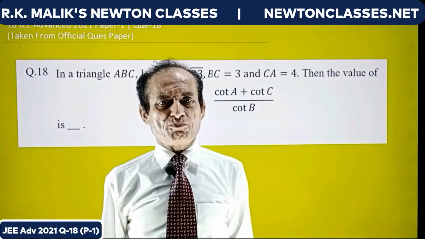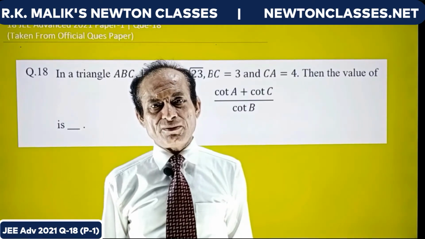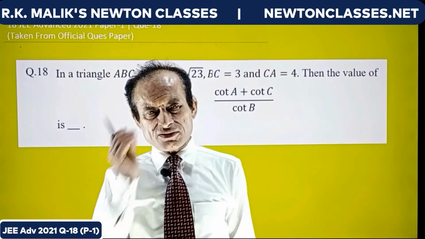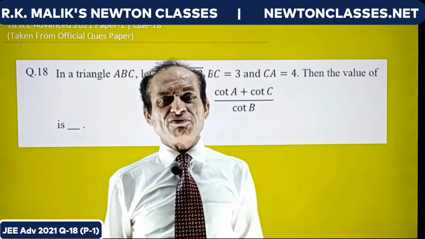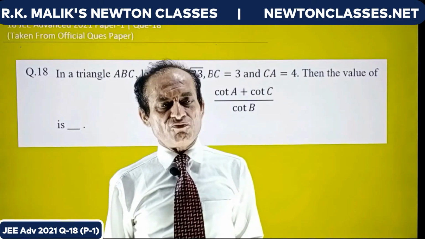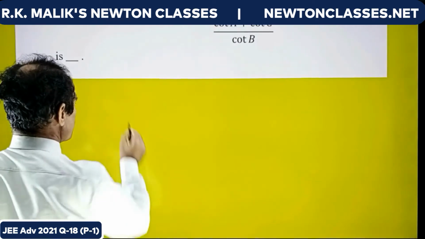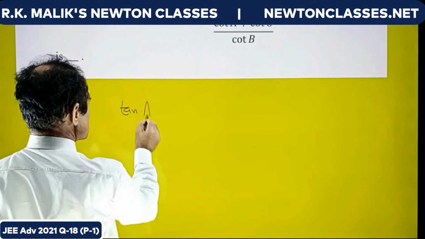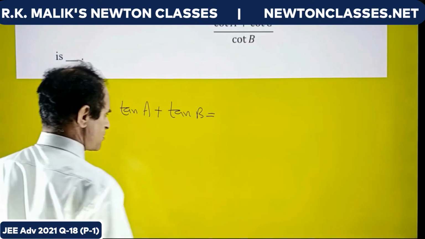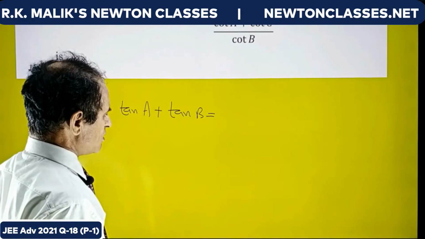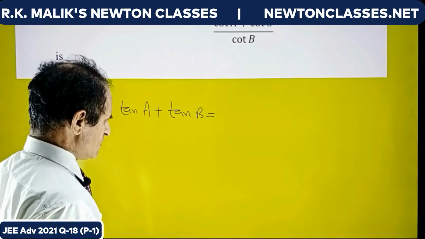This is the question of properties of triangle and can be taken as the easiest question of this paper. Still, I will do it in two ways. Actually, I feel enjoyment in doing the question by multiple ways when the question is difficult. For the first way, I would suggest you remember the following formulas. Not all these formulas are being used in this question, but it is good to remember these formulas.